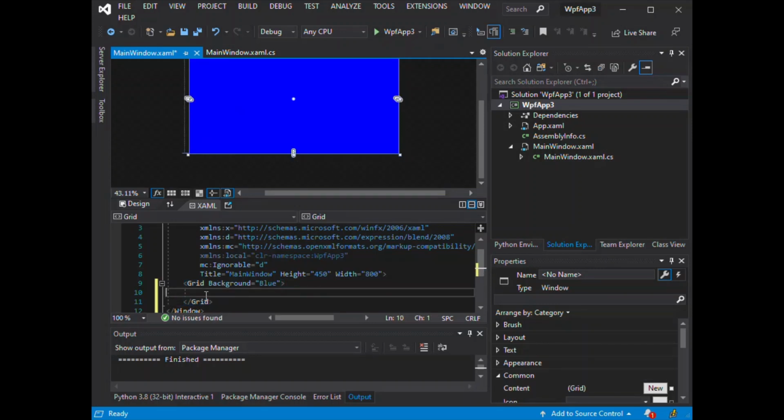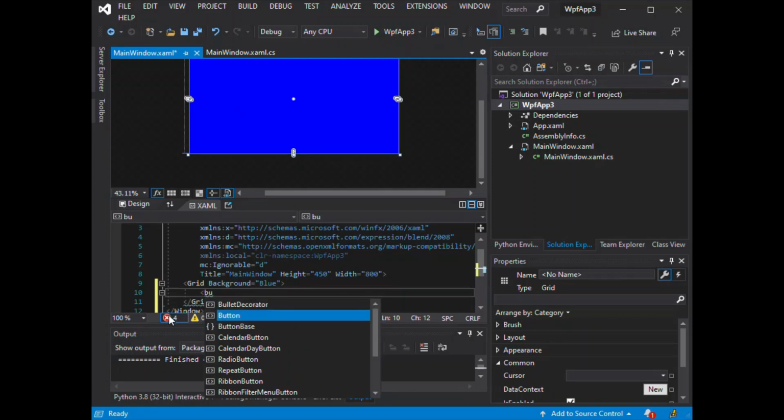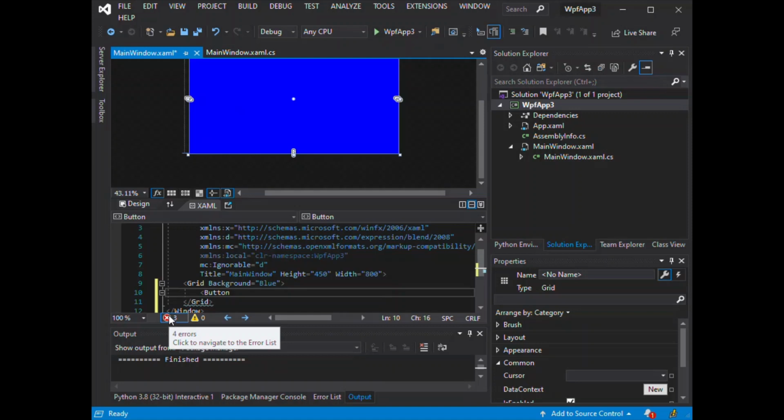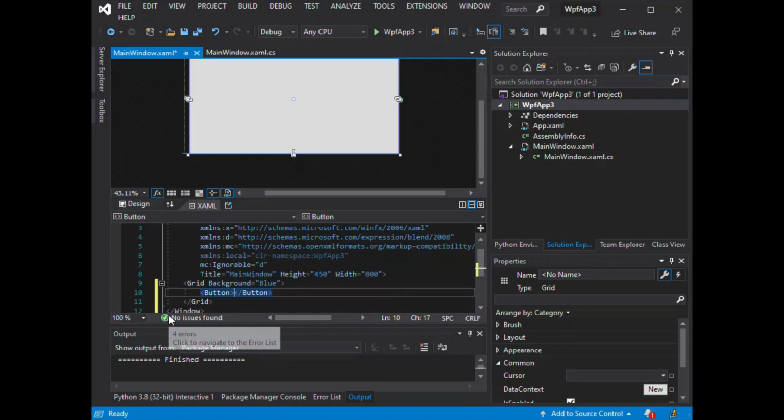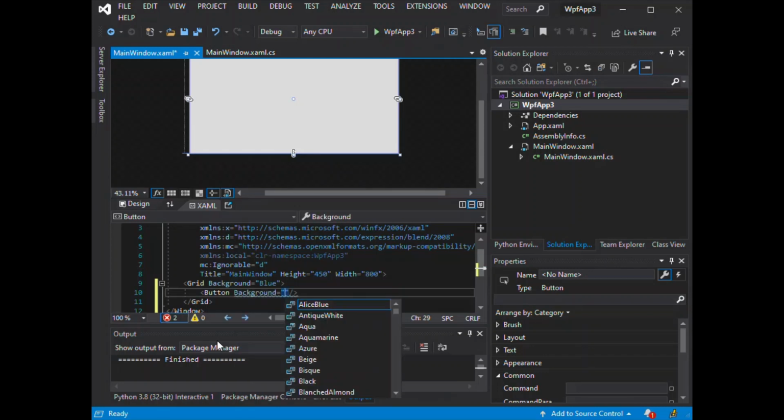And now we can actually put a child by opening an angle bracket, and we're going to put a button. So here we close this bit here. For this button here, we use this forward slash so that we're not going to put any child element inside the button. So we're going to put some attributes as well. So here we're going to put the background. We make the background red,